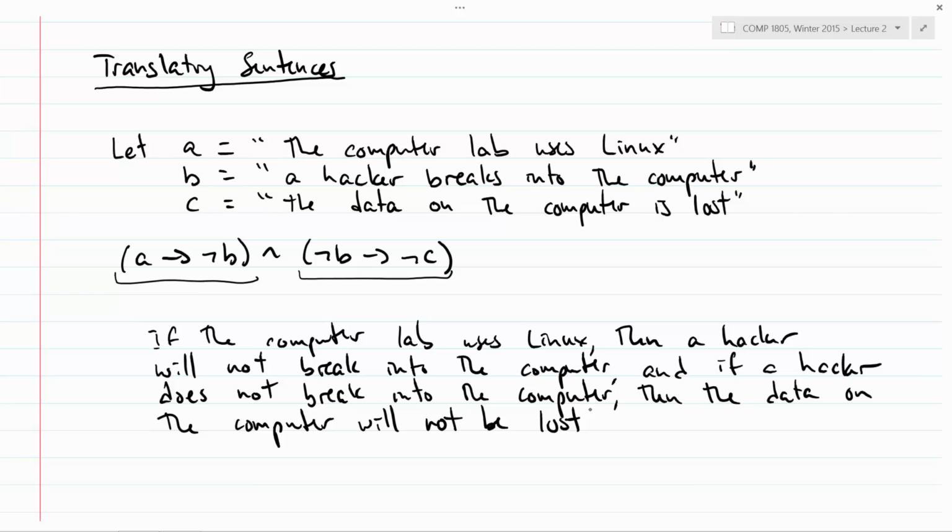Right, so what you're doing is you are deriving facts from the proposition that's being given to you. That's something we'll address later. For now, translate the exact sentence you're given. Yeah? It says the computer lab uses Linux, and it says the symbol in between the two sentences, isn't it